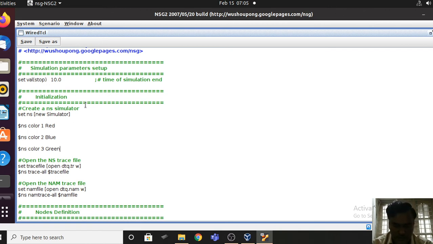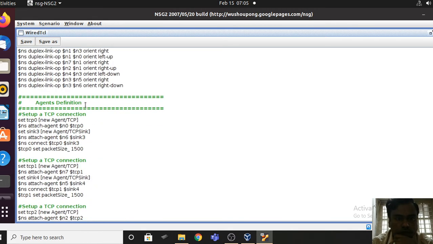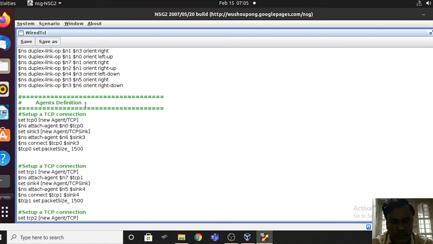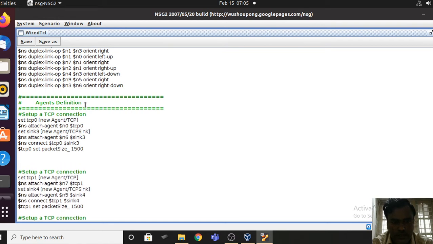After this, you have three TCP agents, TCP0, TCP1 and TCP2. So for this TCP0, I wanted to use the color as first color. I think that is the blue. So this is what you have to do.